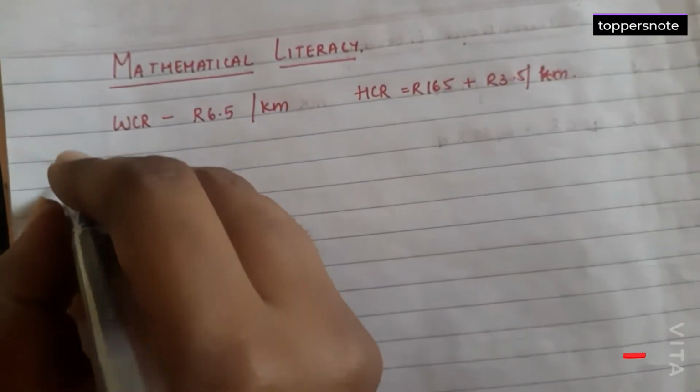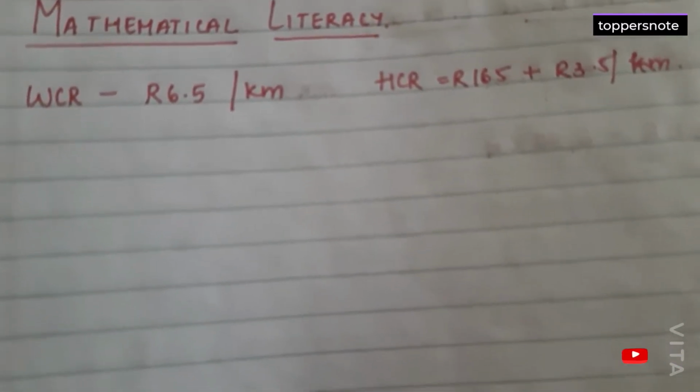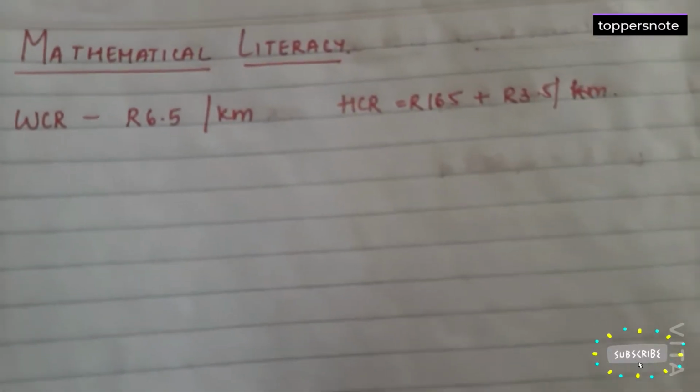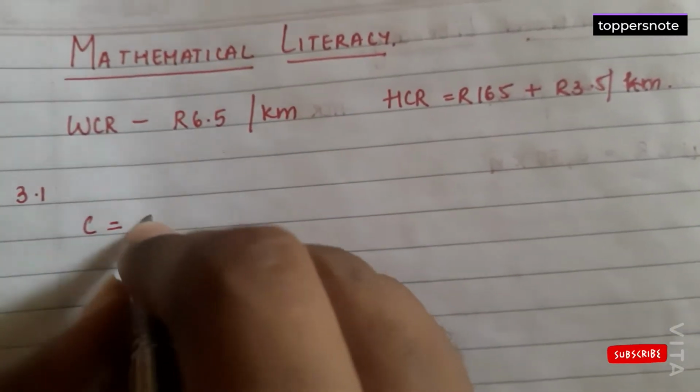Question one, which is 3.1, says that the formula to determine the cost of World Car Rentals is C = 6.5 × N, where C is the cost and N is the number of kilometers. Write down a formula to determine the cost of hiring a car at Holiday Car Rentals in terms of C and N. So if the cost of WCR is R6.5